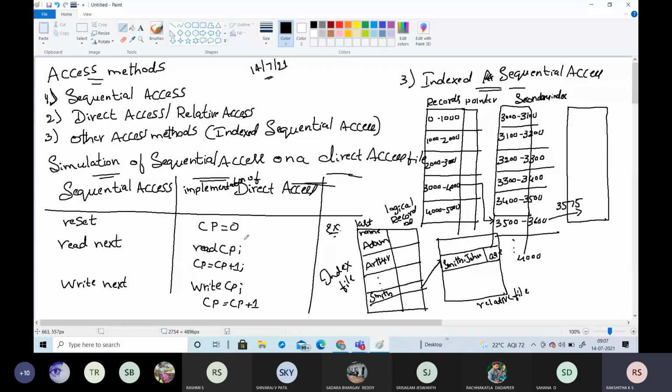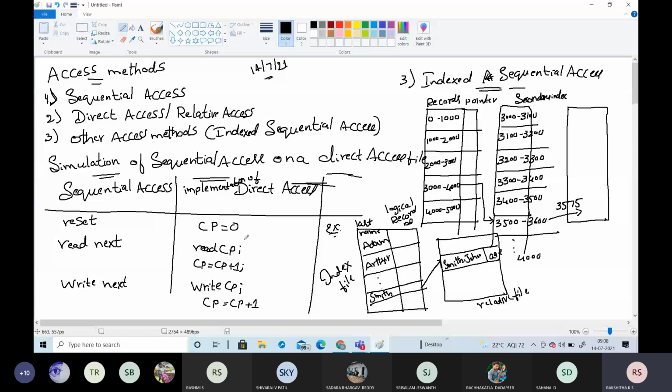To overcome the drawback we face in the sequential access method, we move to the second access method, known as the direct access method. In this technique we access records directly. For example, the email address is in the 75th record, and currently I am in the 50th record. I can directly access the 75th record from the 50th. That is the main advantage of the direct access method: accessing records randomly.